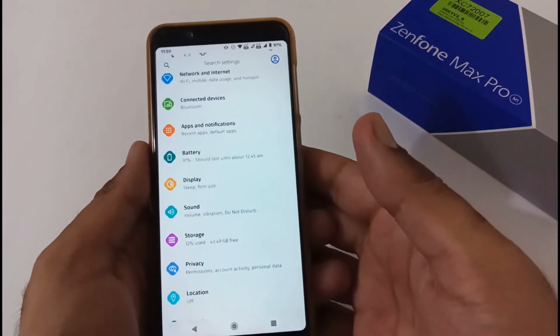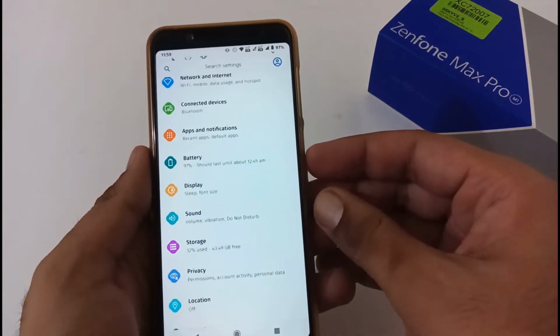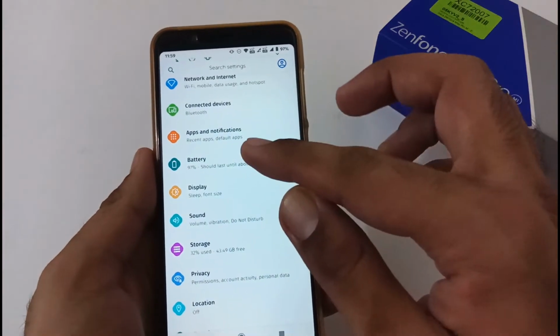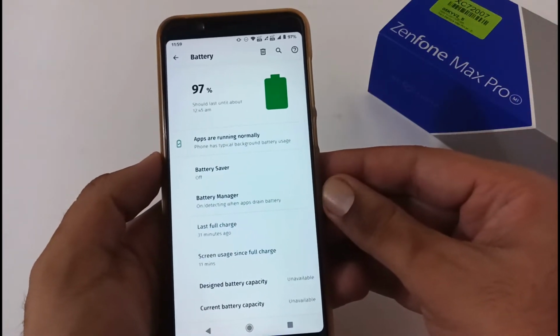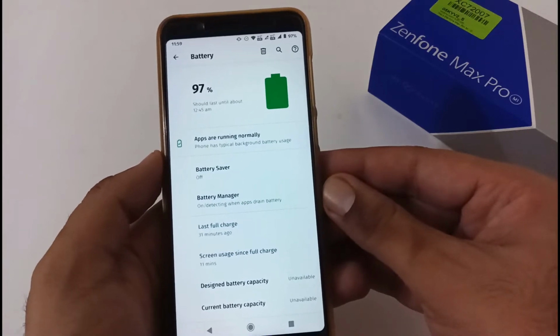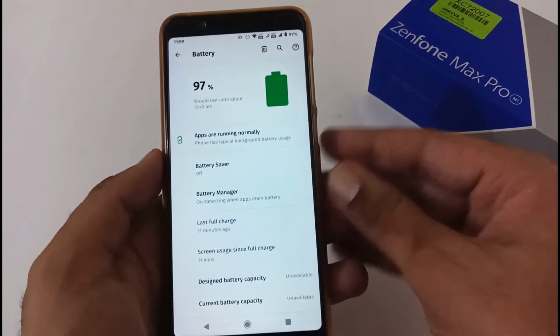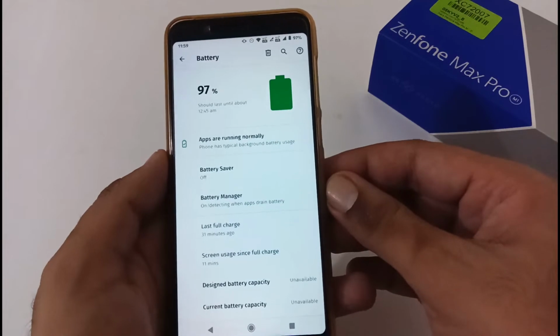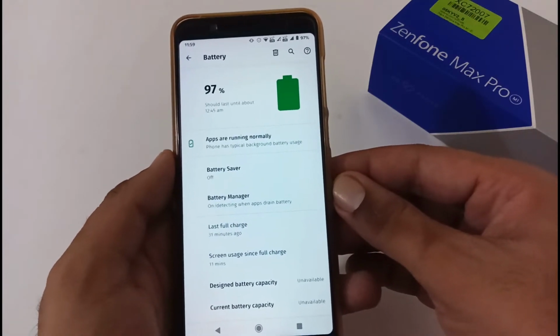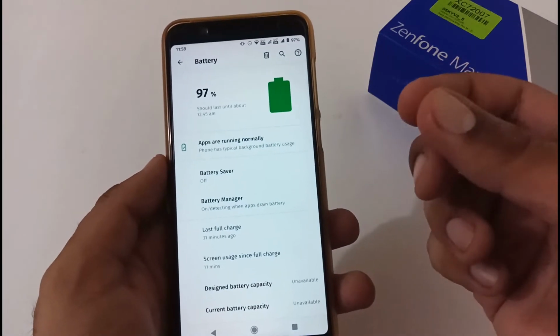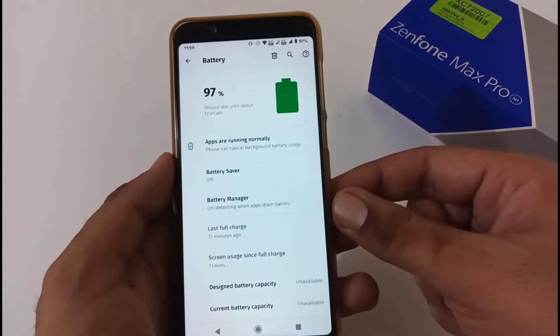So after the display section, now let's move to the very important vital part, that is battery consumption and so on. Firstly, we'll discuss battery charging time. To fully charge the phone from 0 to 100%, it took nearly 3 hours and 10 minutes. I would say this is satisfactory. But compared to other ROMs, I have sometimes seen 2 hours 50 minutes or 2 hours 55 minutes, so this is a little bit more compared to other ROMs.